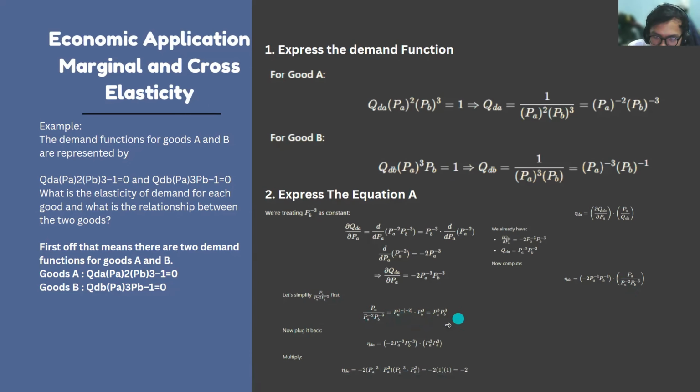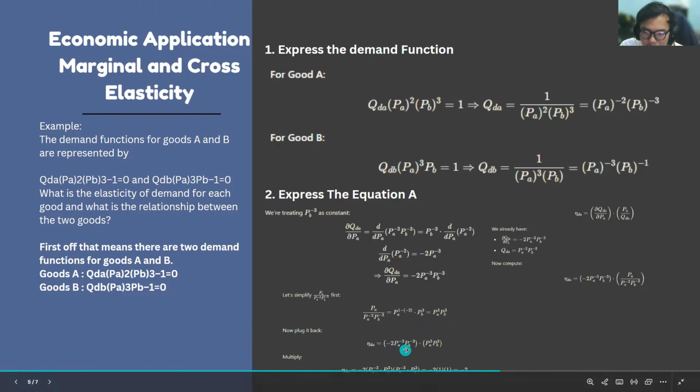It's like this: PA power 1 minus, in parentheses, minus 2 times PB power 3. We got the answer PA power 3 PB power 3. Then we insert it back: in parentheses, minus 2 PA power minus 3 PB power minus 3 times PA power 3 PB power 3, and